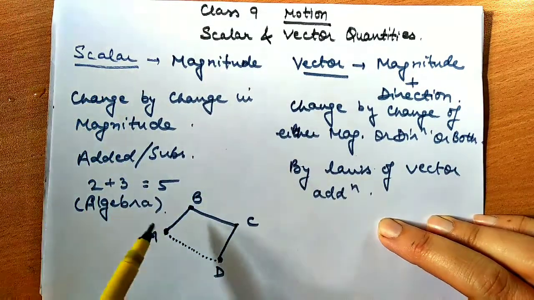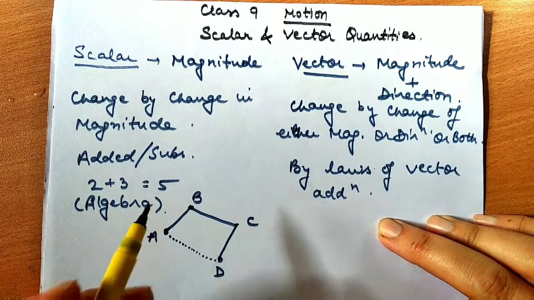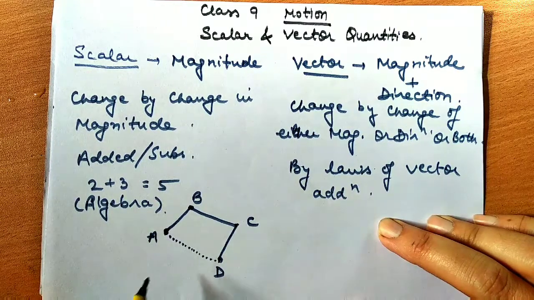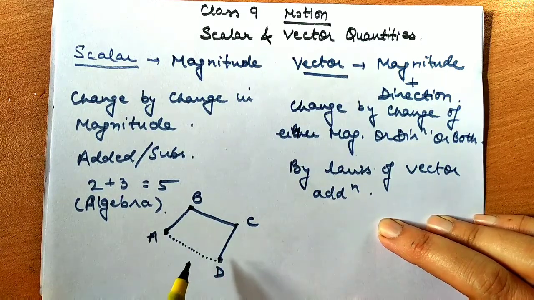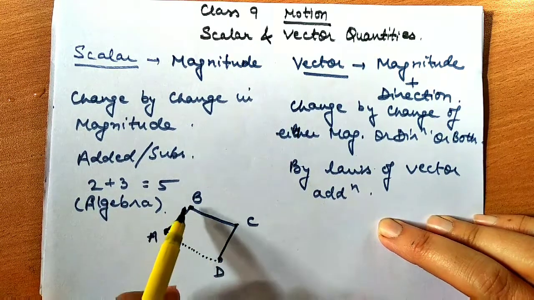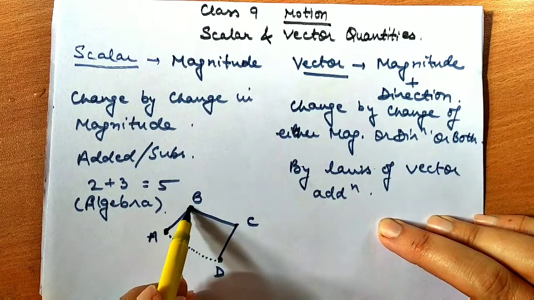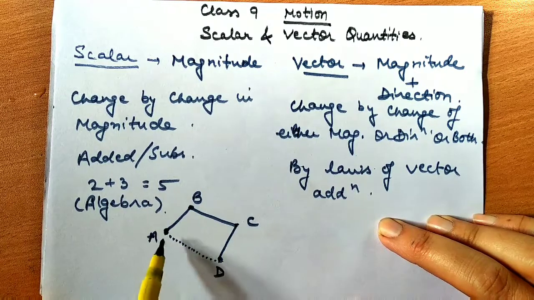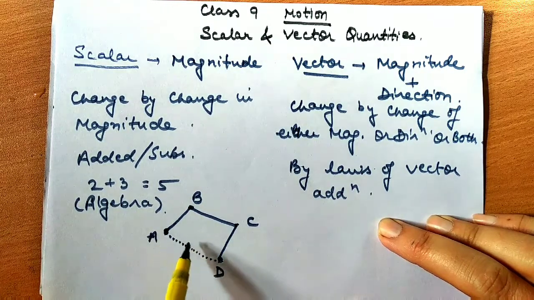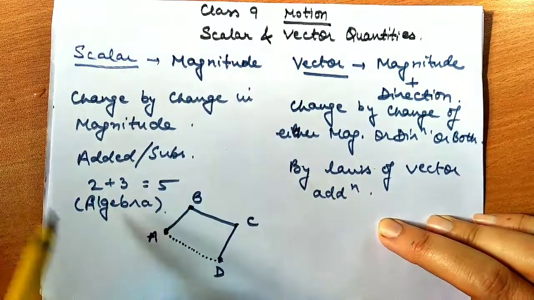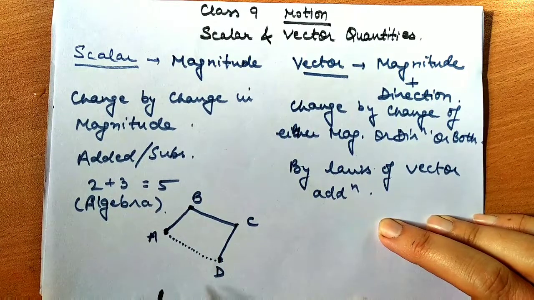So we can say distance is a scalar quantity. It refers to the distance between 2 points. Displacement is a vector quantity. It refers to the minimum or shortest distance from initial to final position. So distance is basically the length of the total path covered by the body. Here distance is A to B plus B to C plus C to D. Displacement is only the least distance between the initial and the final position.